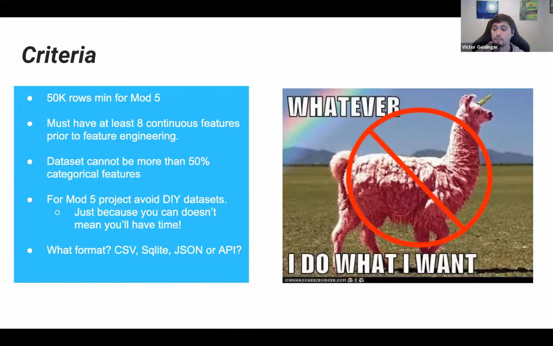Okay. And when I say what's not a DIY data set, I mean things you can get immediately, like a CSV, a SQLite, a JSON file, or even using an API. Those are fine to do. But if you have to collect this data, like you have to run it at certain times, that's different. For example, you could technically use an API, but it only gives you real-time data and you have to run this over a few days to collect enough of it. I would avoid that kind of thing.